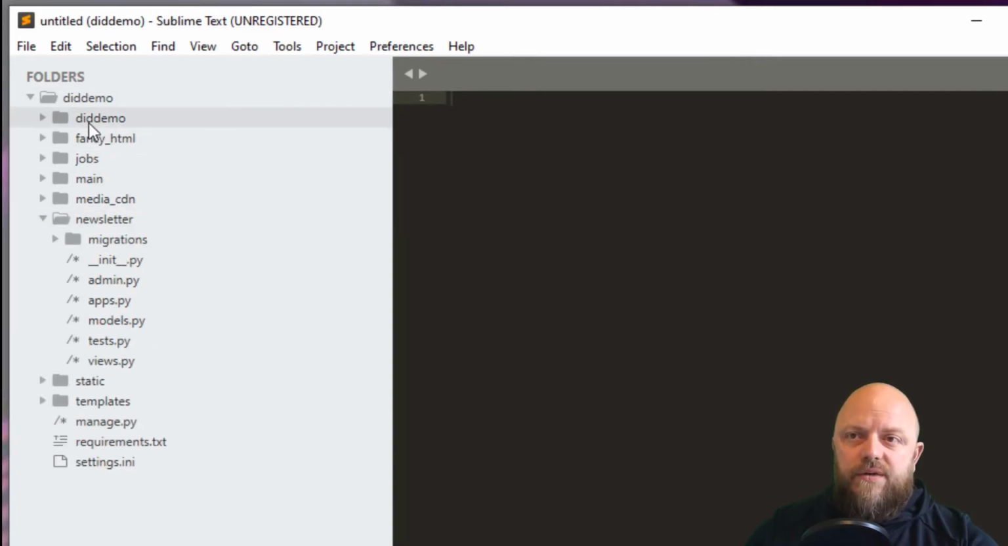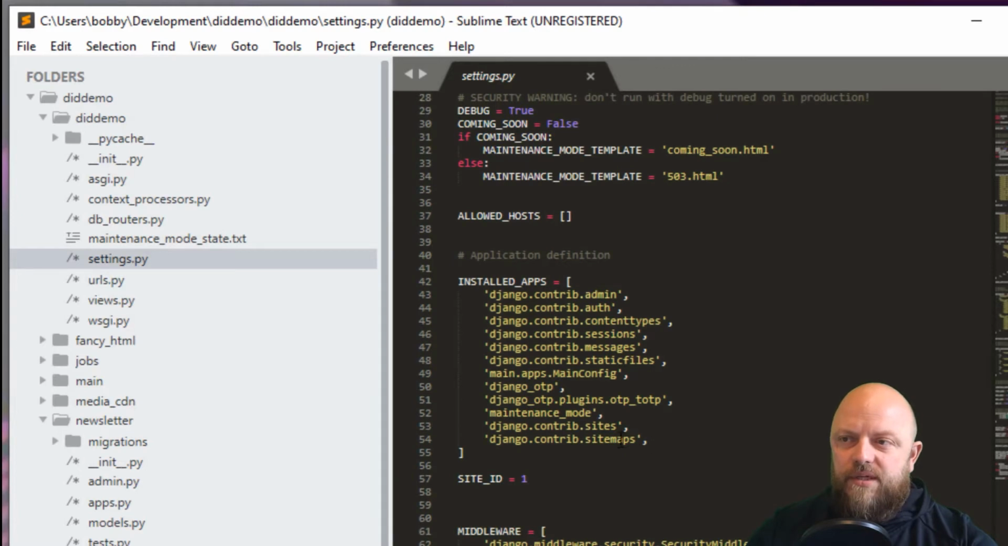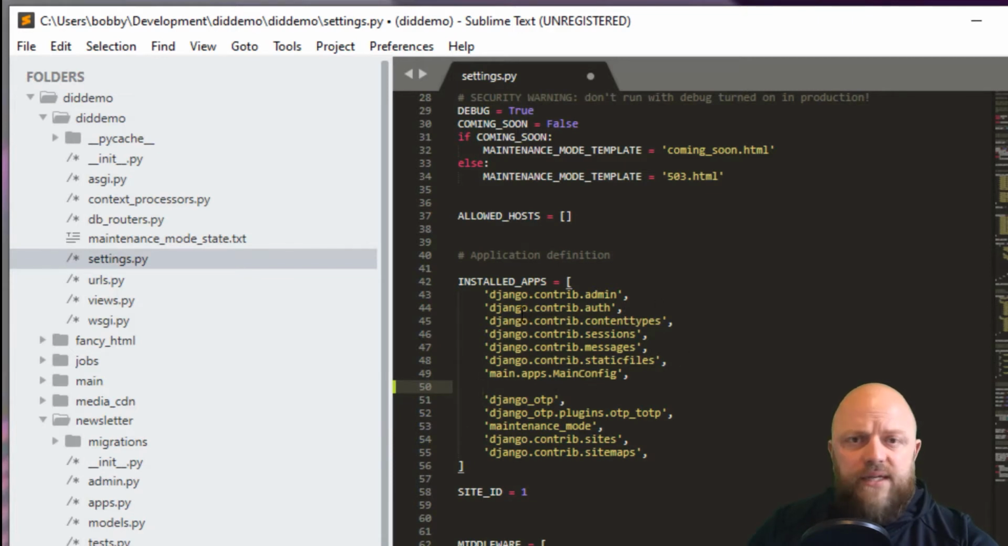So what we'll need to do is go into settings. We'll need to add that app into our installed apps. I'll try to keep these all in the same place. So we'll have the Django installs, and then the apps that we build out, and then any third-party apps. We've got the one-time passwords, we've got the maintenance mode, but I like to try to keep them in order. So we will add